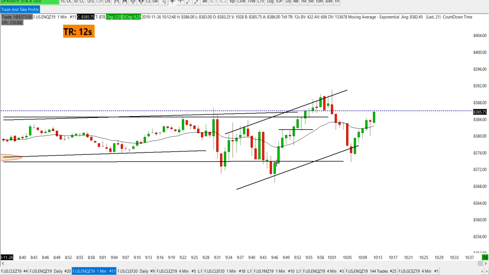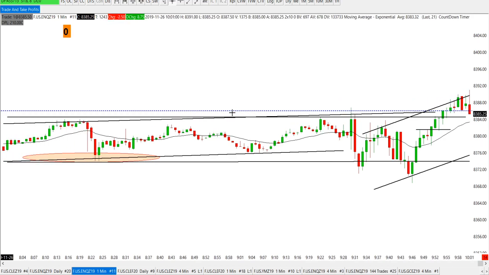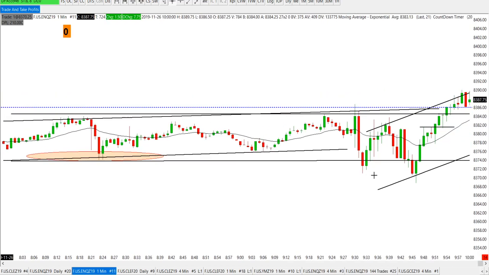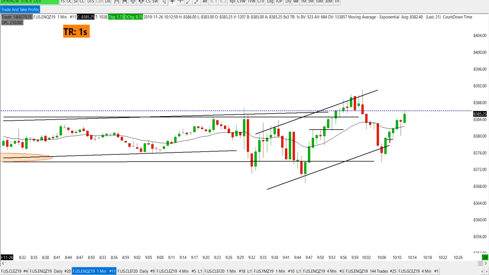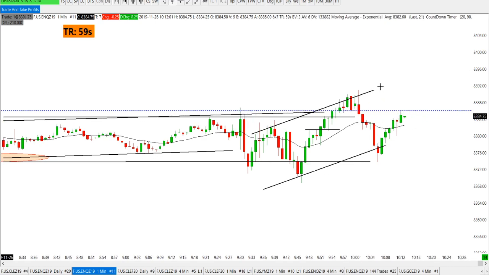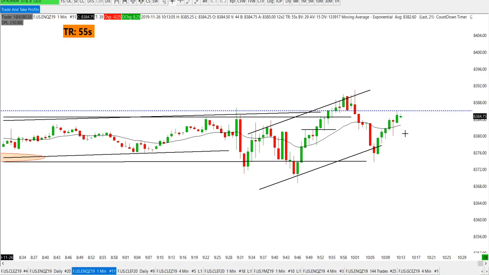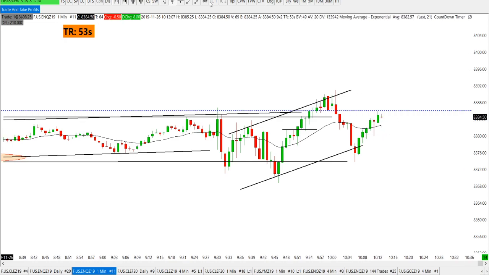So once again, I might miss this move, which is okay. I missed this move right here. Usually I get in right here, but like I said, I was trying to make sure overall what these guys wanted to do. So right now, it looks like they probably want to go back up. I'm looking again for another pullback. If we get a decent pullback, I might take this long right here. All right, we'll see.